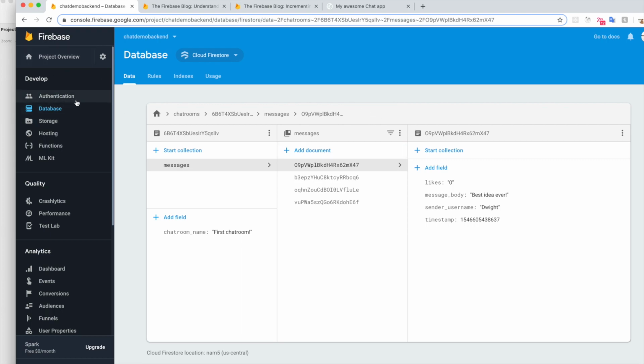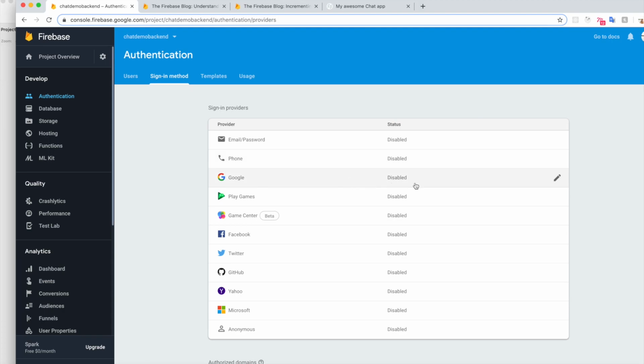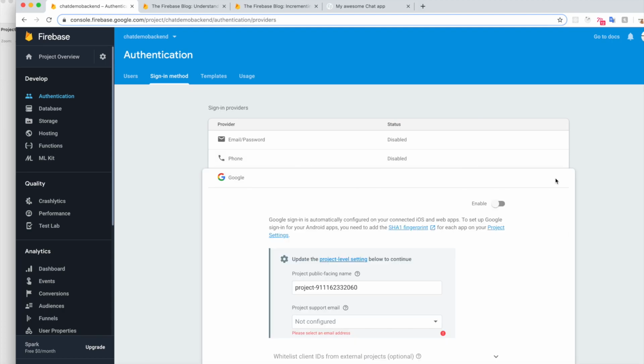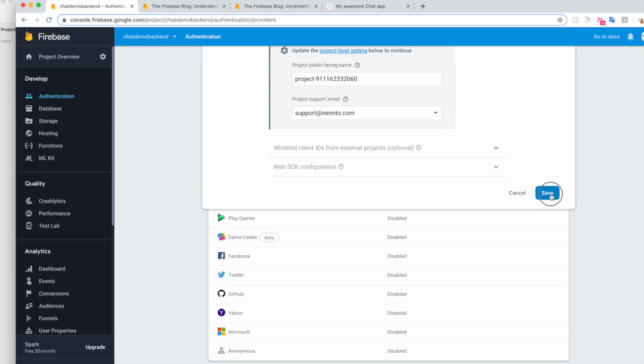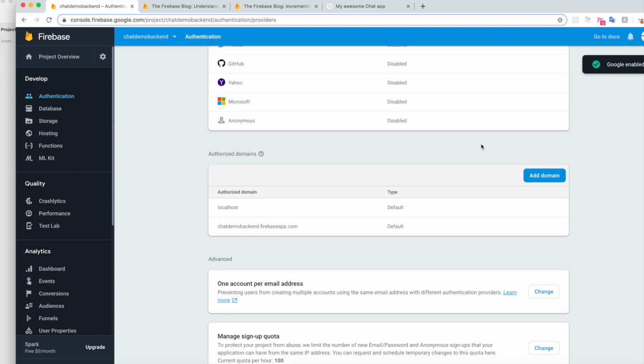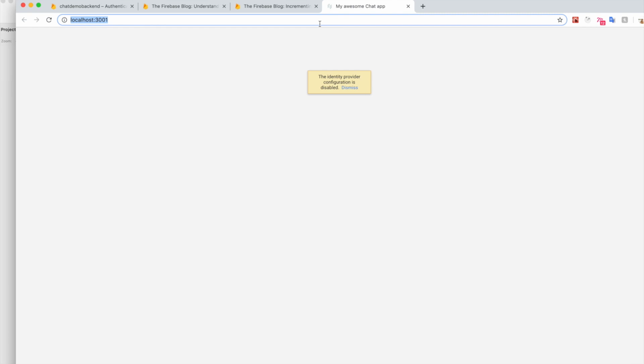Go back to Firebase console, authentication, sign in method, and we'll enable Google. Click save like this, and now we should be able to